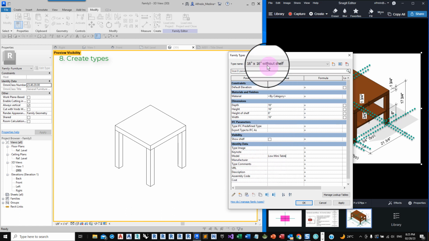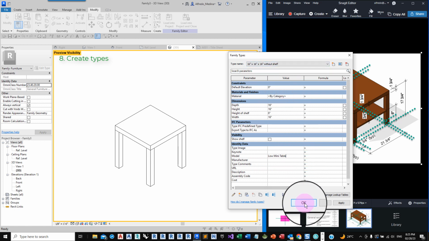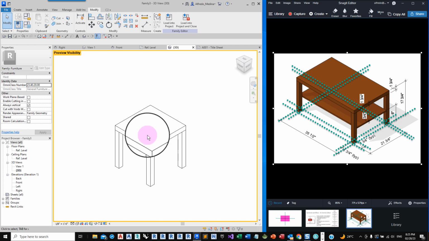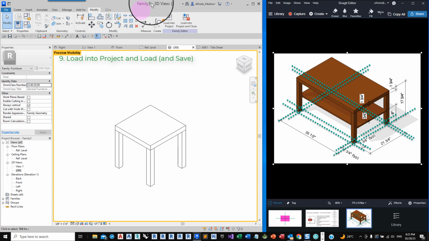So with these three types, I think it's enough illustration about creating those types. Now it's the time to load this into a project. Remember that we have not saved the family. It still says family 3.